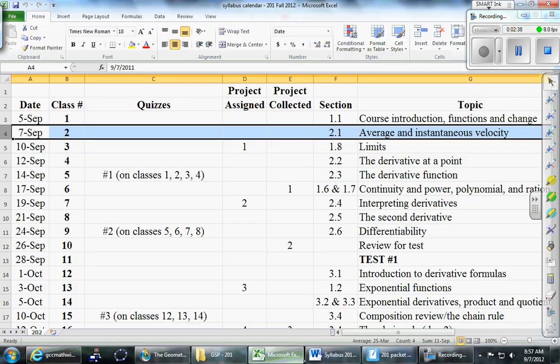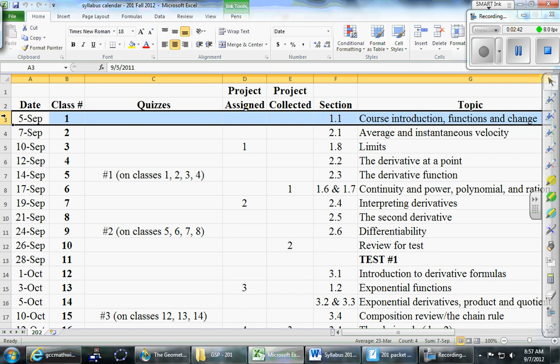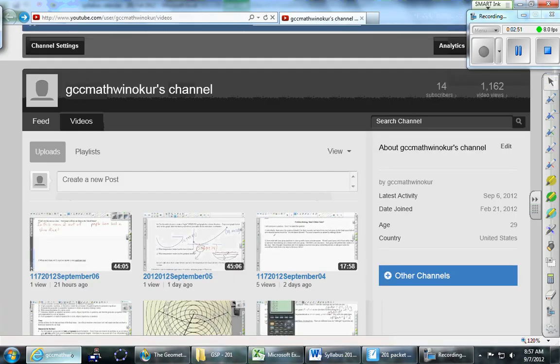So for example, the class that we had last time was on September the 5th. That's all you need to know. If you're looking for a particular class, you just need the date and the format. So here's the format, and this is also written on the syllabus. But right there, it's kind of confusing because it looks like 2012, that's the year, and then 012, which is kind of meaningless. It's unfortunate that the year happens to look so close to the course number, Math 201. That says 201, that's you guys. 2012 is the year. September 05, notice the 0 in the date, it's a 2-digit date. If you click on that video,